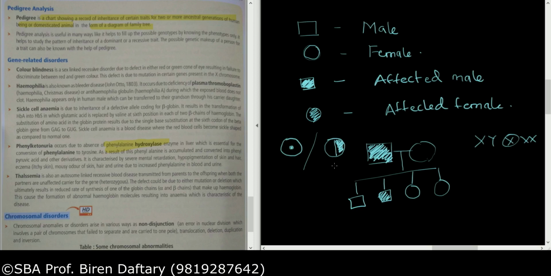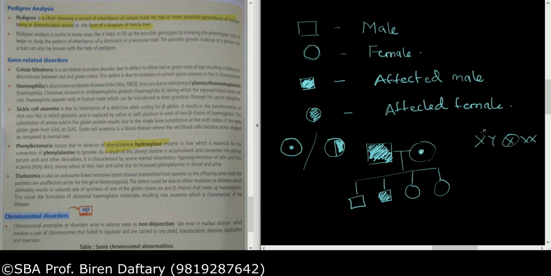If you want to show an autosomal disorder, if an autosomal recessive disorder is present, then even males can be carriers. So in that case, you can half shade the square box or you can put a dot in it. Okay, so if I want to show the cross between a colorblind male and a carrier female, then I will show it like this. What will happen if the male is colorblind and the female is a carrier? Then what will be the offspring?